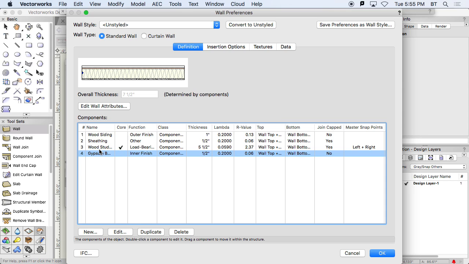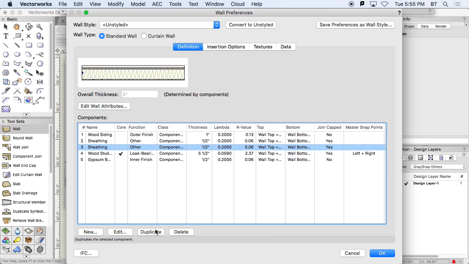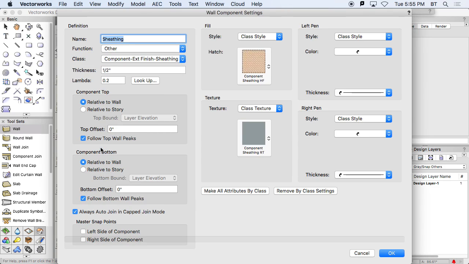I want to add a rain screen, so for that rain screen, I'm actually going to duplicate my sheathing, and I can rename this. I'll just rename this one, and I'll name it rain screen. I'm going to leave it at 1/2 inch. I'm going to change that fill to solid so I can differentiate it and leave it at that color